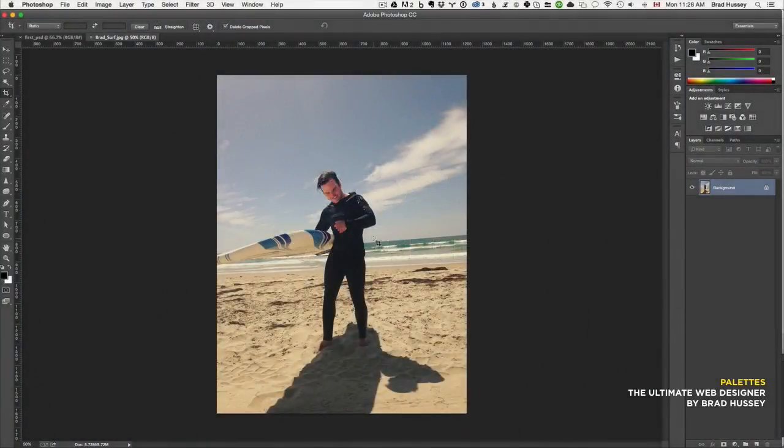All right, in this lecture, we're going to learn a little bit more about the Photoshop environment, more specifically, the palettes. As you can see, if you're totally new to Photoshop, there are a lot of different options and tools and buttons and sections all around the perimeter of the application. And it can be extremely daunting because if it's new to you, then it seems like there'd be a big